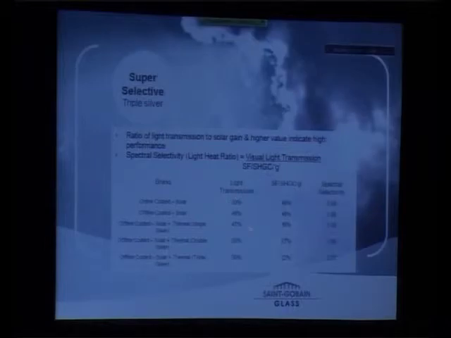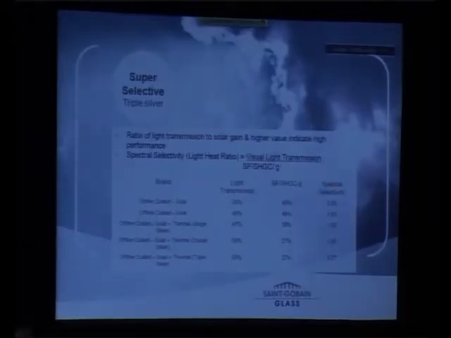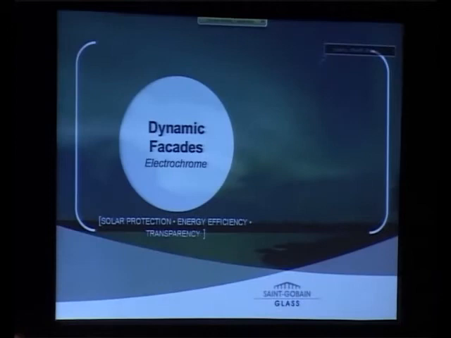Now look at the technological change with the coatings. With almost the same light transmission, VLT percentage, you are reducing the SHGC. That means you are reducing the heat gain inside the building. And look at the last thing, which is the 50% light transmission, and you have reduced the solar heat gain coefficient to 22%. That means selectivity is more than double, 2.27 is the selectivity. So this is what is happening on the technology front.